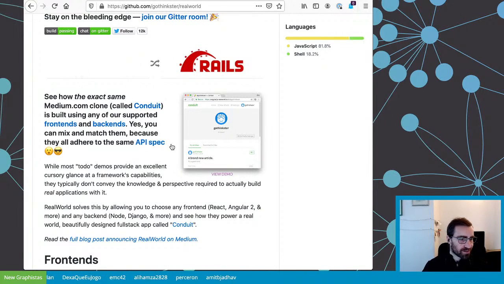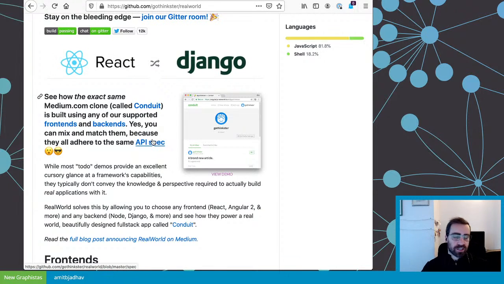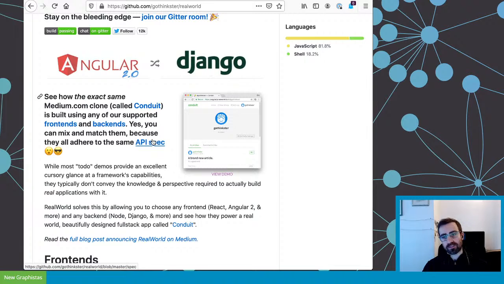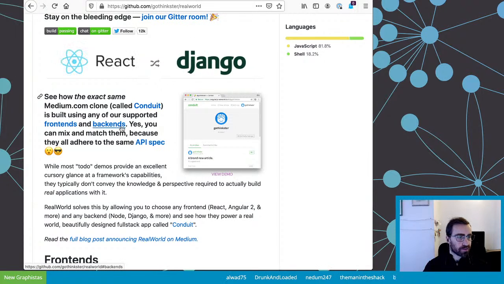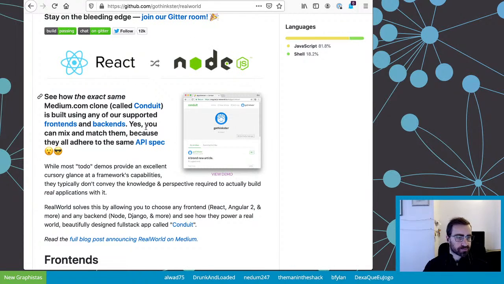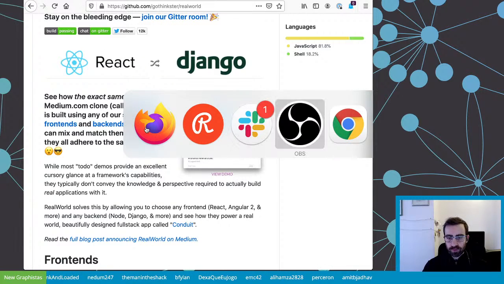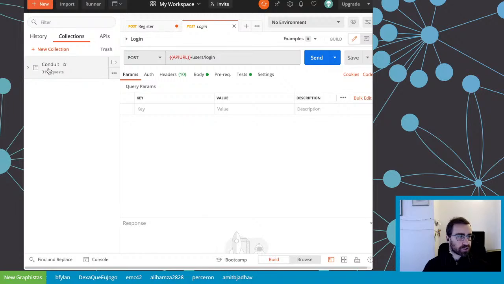That's very nice. And so this API spec here is actually a Postman collection. So that way you've got the specification of the API that is used by the front end and back end, and that's how you can mix and match the different implementations, and they work flawlessly together.